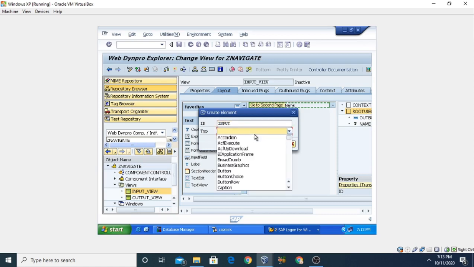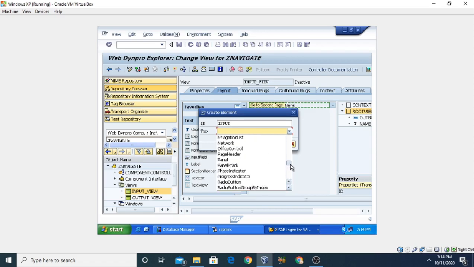Just give the input, and you can select here a checkbox, a checkbox group, a file upload, Gantt chart, icon, image if you want to upload an image, label, legend, link choice, menu bar, panel, radio button, tab shape, table. So all of these you can create.